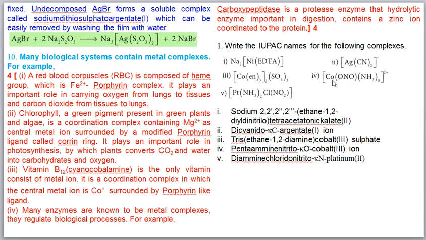What is the charge of cobalt? Plus 3 is right. So cobalt(III) ion. Okay. Then this one. What is the oxidation state of platinum? So we can take platinum charge as X, amine charge is 0, Cl minus 1, NO2 minus 1. So X minus 2 equal to 0, X equal to plus 2.